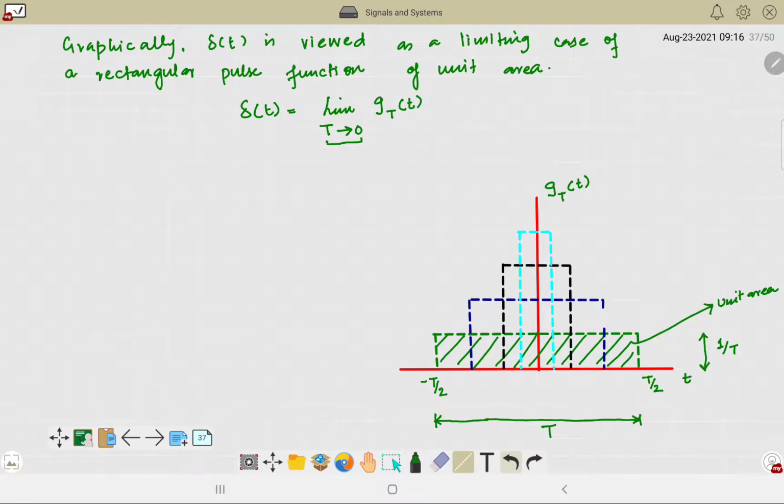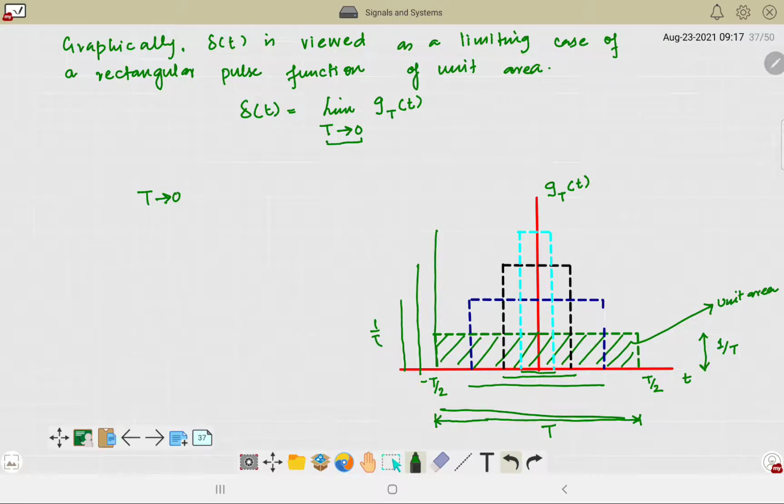So as you can see, I'm trying to reduce the width of the pulse. That is, I'm tending t to 0. First it was this much, then in the second case it is this much, then this much, then this much, and simultaneously the height of the pulse also increases. This is 1 by t, then in the second case this again is 1 by t, then again this is 1 by t. Okay. So what I am doing, the duration of the pulse, I am tending it to 0,